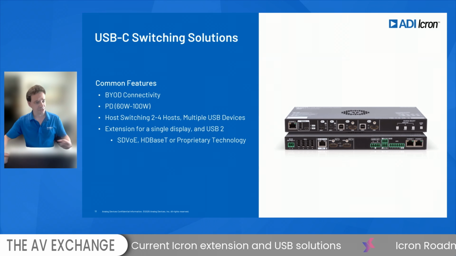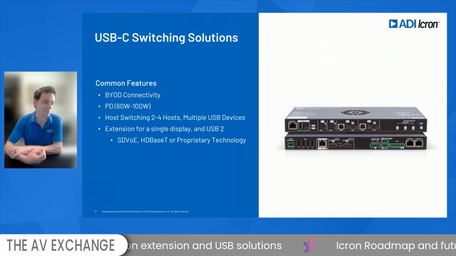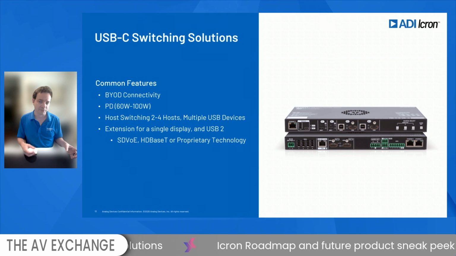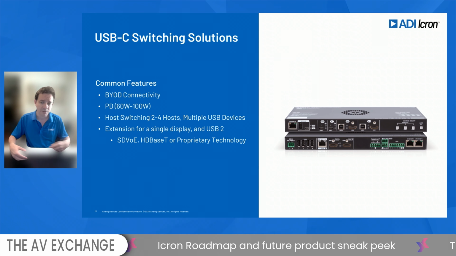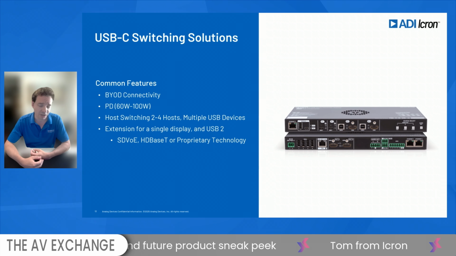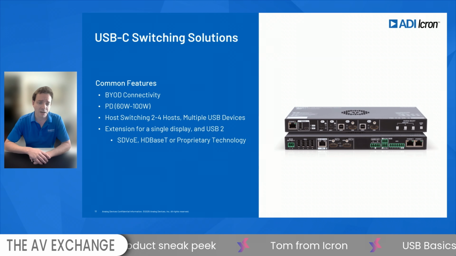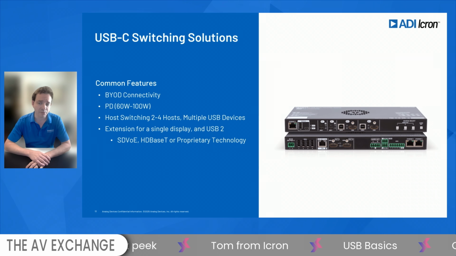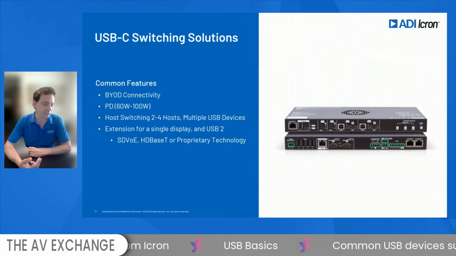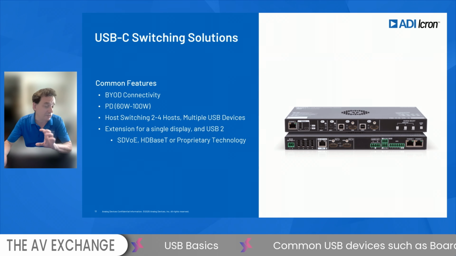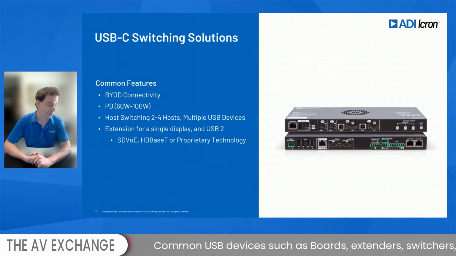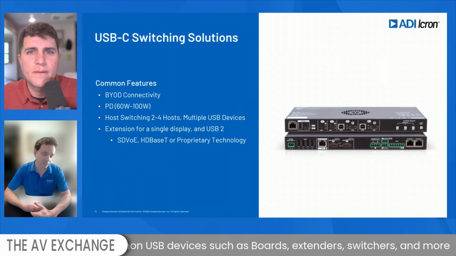But they all have a common feature set, right? For switching, especially, it's meant for BYOD connectivity. So like switching between the all-in-one or maybe your MTR or Zoom application appliance, and then your laptop essentially, or maybe your phone if you're fancy. A lot of them do power delivery up to 100 watts. They'll do host switching. They'll have hubs inside so you can connect multiple devices. And they typically have an extension component, right? A lot of these will have a base model with no extension component, and then another model that has an extension. That extension will be based on a technology that may be SDVoE, it may be HDBaseT, or maybe something completely manufacturer proprietary, depending on how they want to build it.